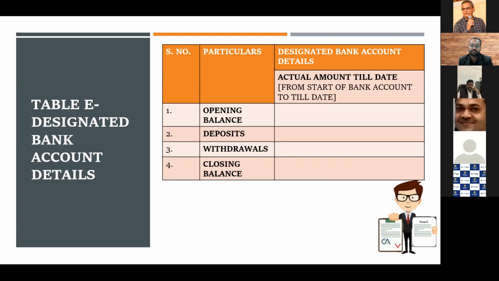Sir, here the opening balance means that the first time certification is given, at the time of opening the account, the opening balance will be 0. And every quarter when this certificate is issued, the quarterly opening balance will match with the last closing balance, right? The last closing balance will come as the opening balance for the prospective quarter. Am I correct?